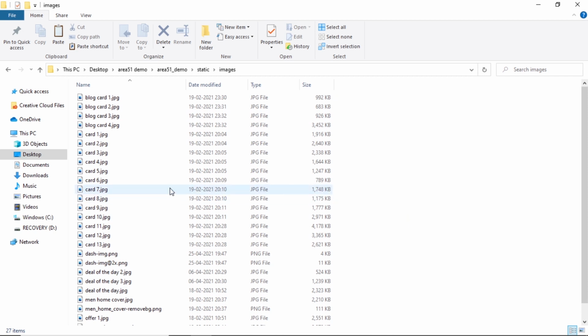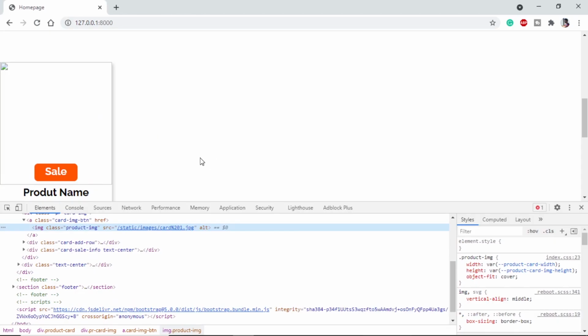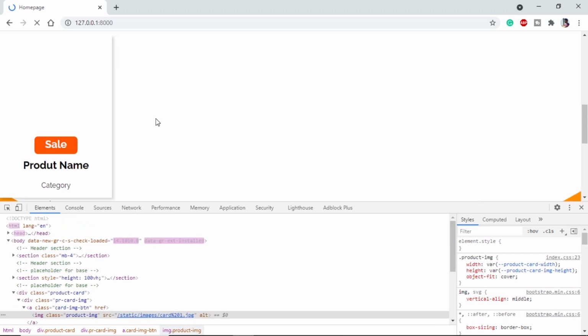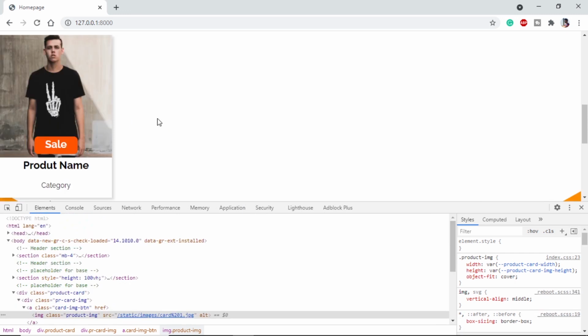If you notice, I have already saved images for my cards, for my blog card, from my deals and etc. So it is always better to keep images. Let's refresh our browser once again. Now we can see our image is loaded, and whenever I hover over this, I get these two buttons. These are basically divisions inside this image, and I have used icons from Font Awesome. We can easily manipulate our anchor tag hover option to get this done.